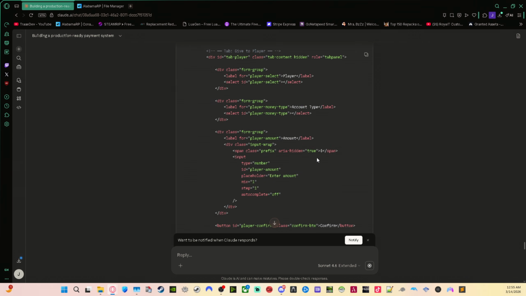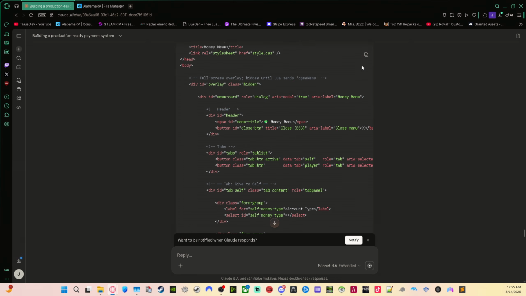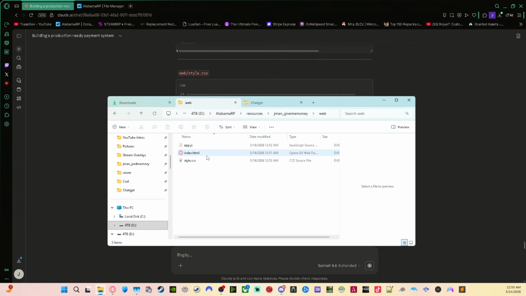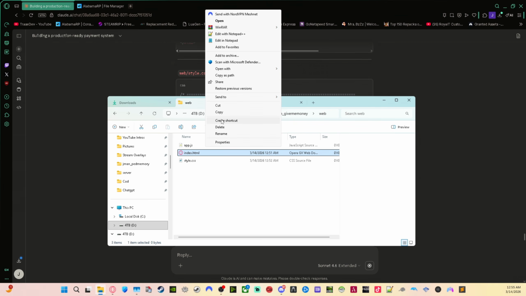Now this is for the web HTML. Okay, that's done. So we're gonna click copy on that. Go back, go inside the web folder. Click this one time. Don't double click it. Then right click it and hit